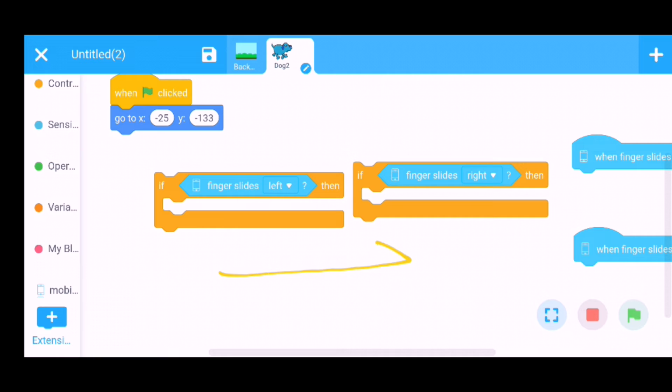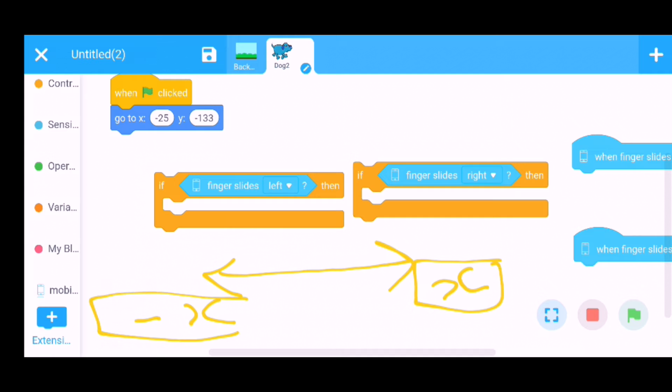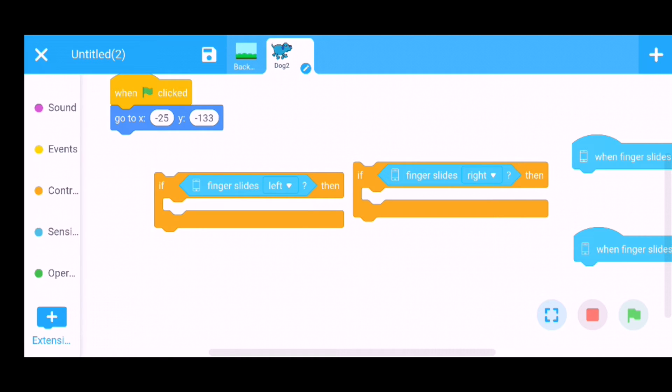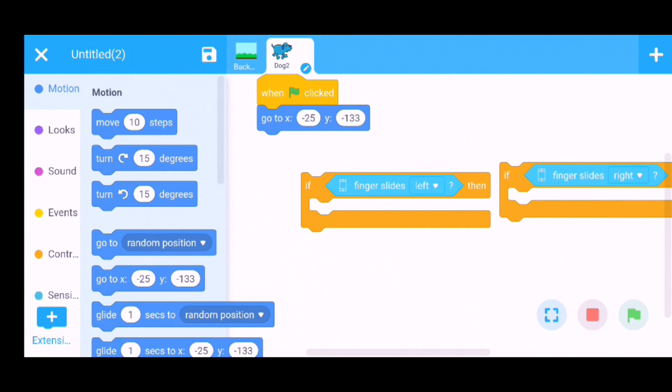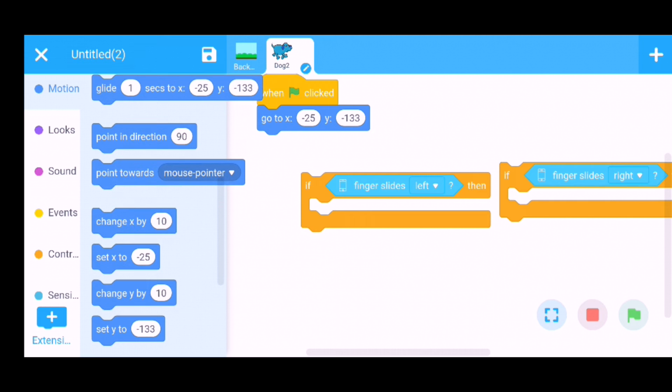You know that this is the x-axis coordinate, this is plus x-axis, this is minus x-axis. That means when you move the dog in the left direction, that is the minus x direction. When you move the dog in the right direction, that means this is the plus x-axis direction. For this, go to the motion section, use the change x by 10 command here.